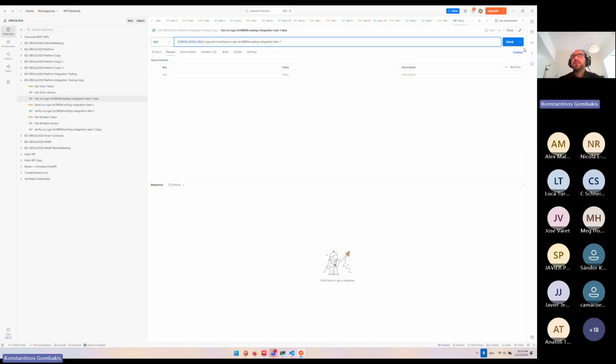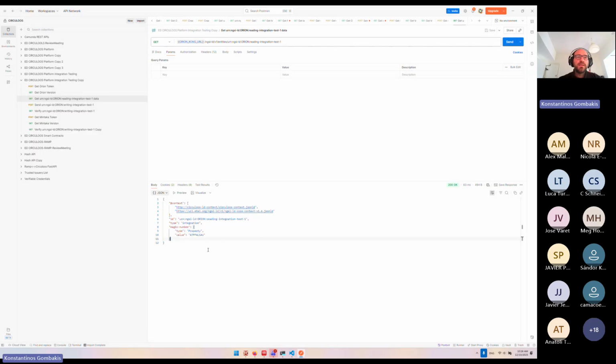So you will need to get the data from the CIRCULOOS Data Platform, and here you have what's called a magic number. It's a unique and random alphanumeric value. So you will need to get this value